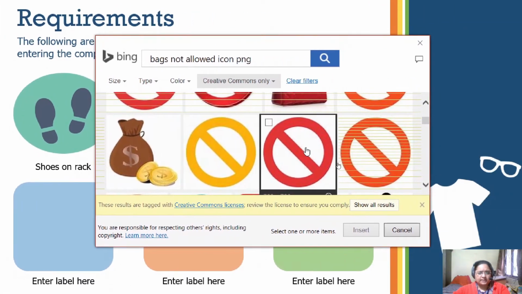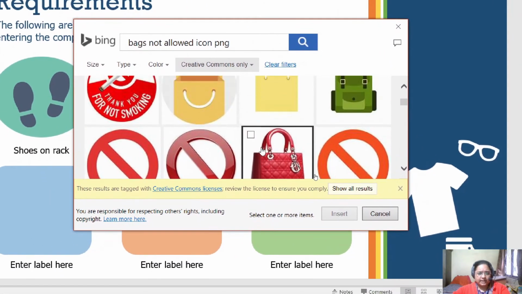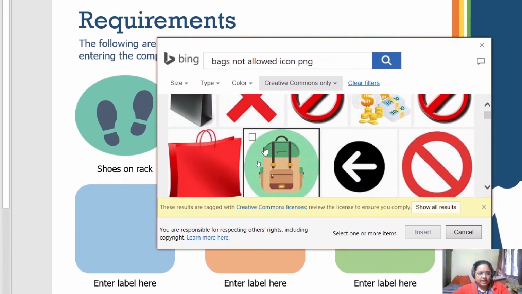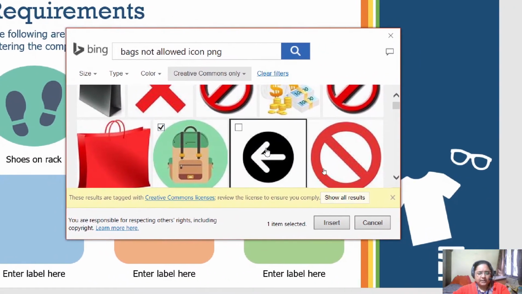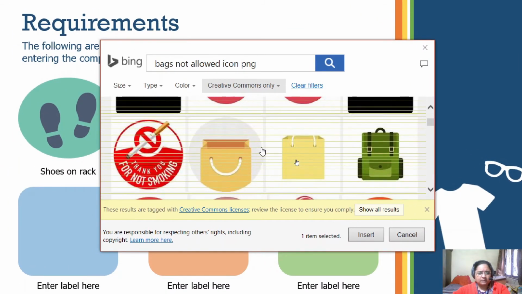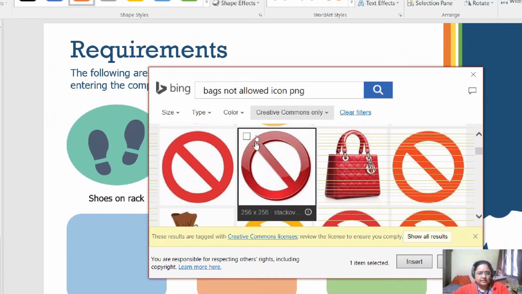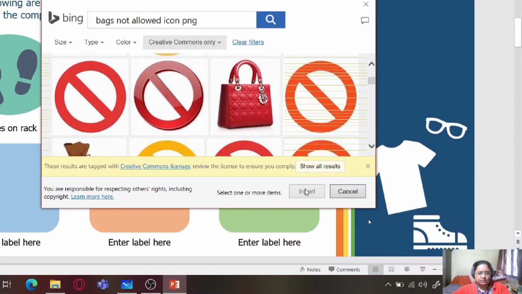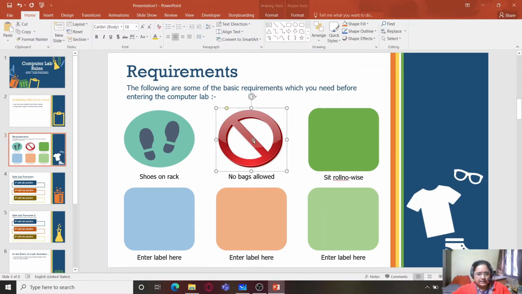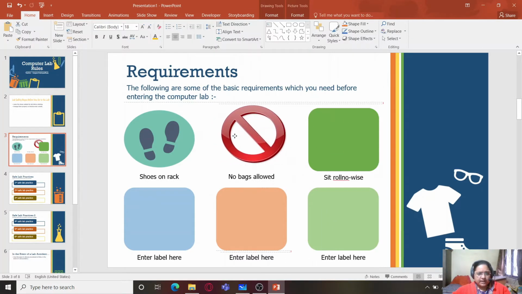I saw a bag here, so I can click on the bag, and I can click on this cross or critical symbol. I'll click on these two and click on insert. You can see that right now I'm getting only one image over here.